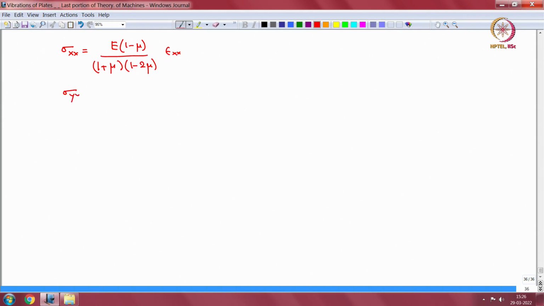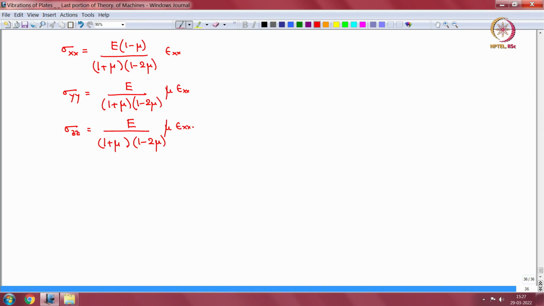Then sigma yy will be equal to E by (1 plus mu) into (1 minus 2 mu) into mu times epsilon xx, and sigma zz is equal to E over (1 plus mu) into (1 minus 2 mu) into mu epsilon xx,